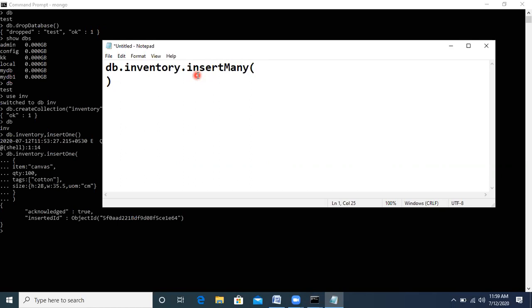So what will we do? We will write inside these brackets. Firstly we will write about the first item, let us consider the item journal, and then quantity is 25. I'm very slow in typing, sorry for that. I don't have much practice of typing. We are using an array over here. Suppose tags is black, or consider the second tag, that is red.